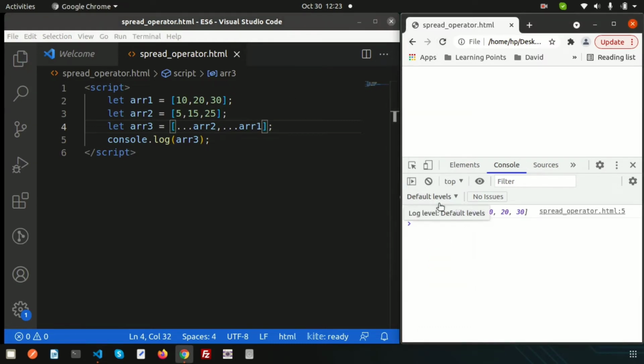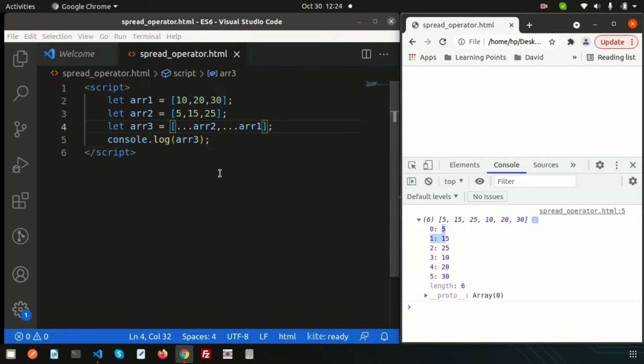We can see the order change, first array2 and then array1, right? So the basic purpose of the spread operator is to merge arrays. Multiple elements we can add in a single array, or multiple arrays we can add into a single array.